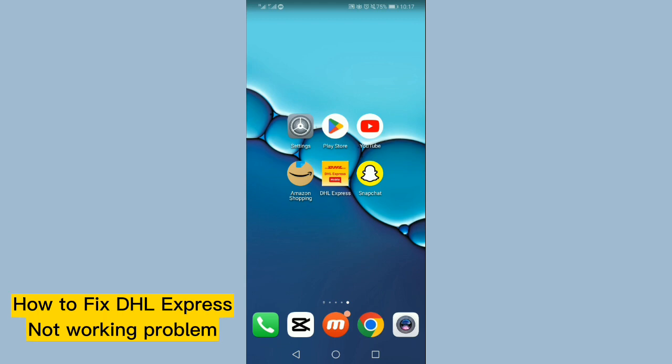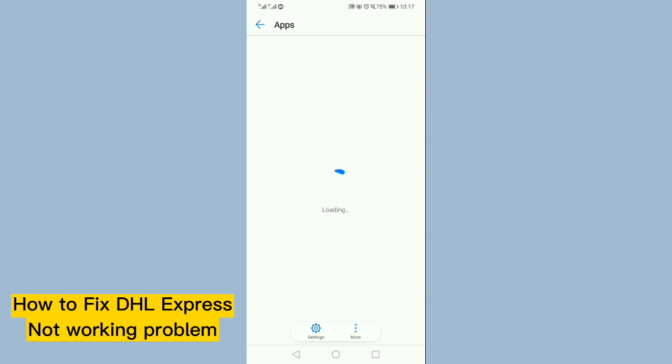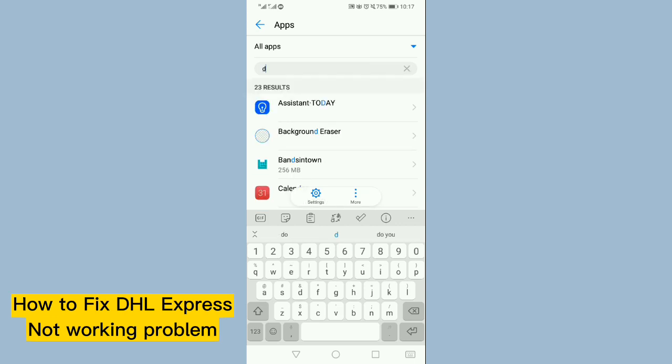So let's get started. First of all, you have to open the settings of your phone, and then you have to open apps and notifications. Once you tap on this, then you have to tap on apps, and find the DHL Express app and open it,